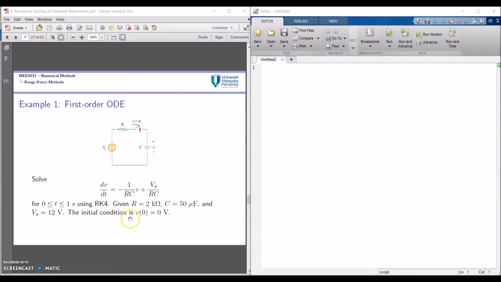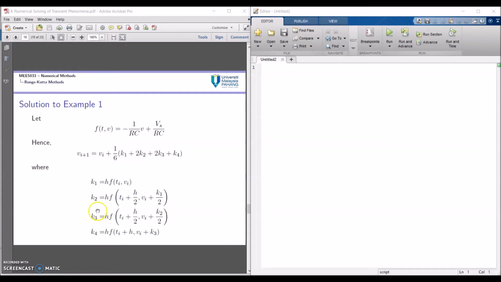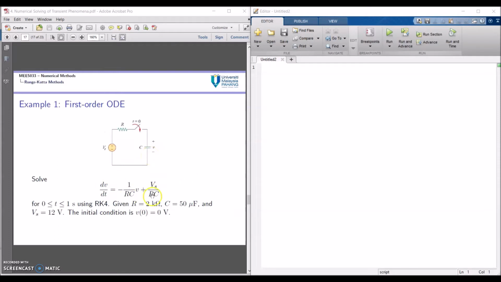Given the initial voltage across the capacitor as 0, we want to solve it over the interval t from 0 to 1 using the RK4. One of the first steps that needs to be done is that the ODE, the ordinary differential equation, must be presented in a regular form like this,